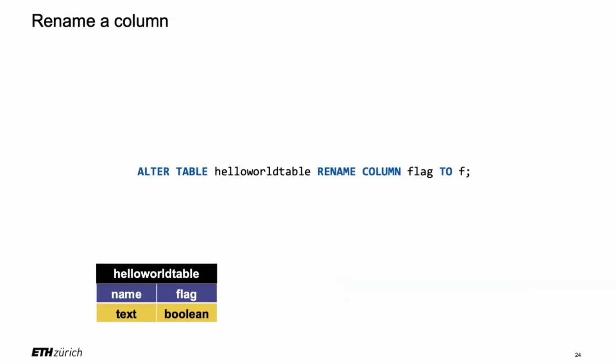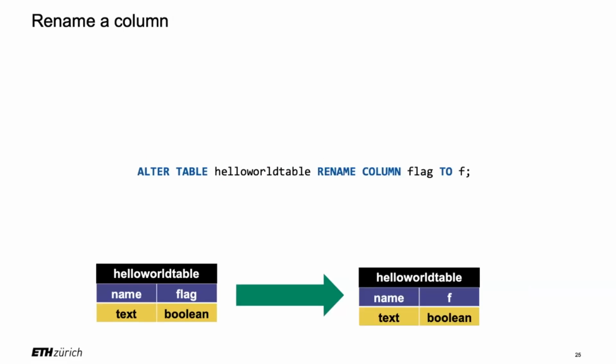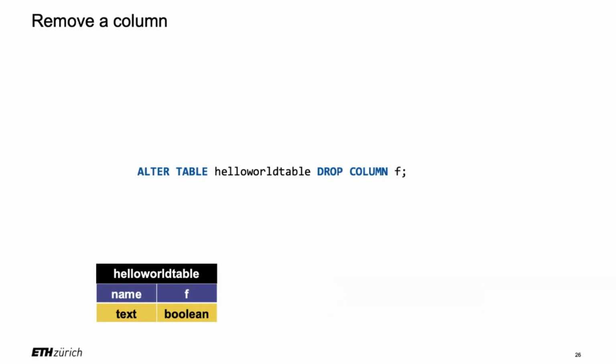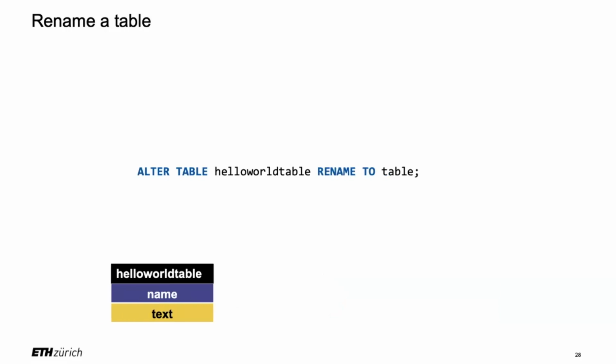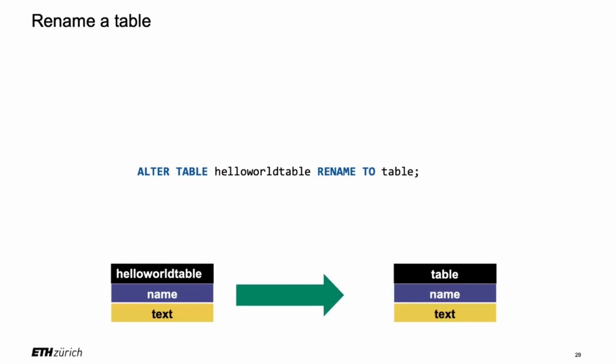We can rename the columns too. So if you want to call flag F instead of flag, then you can use alter table with rename column flag to F. Okay? So you see, you can modify a lot of things on the fly. You can even drop a column, right? So here, you're just dropping column F, and that's removing it, right? Now you can also rename the table itself, right? If you want to change the name of the table, that's also alter table, but then you just say rename